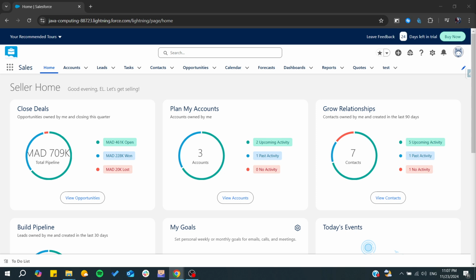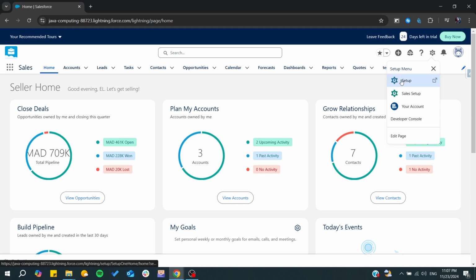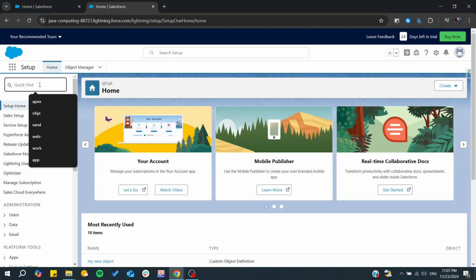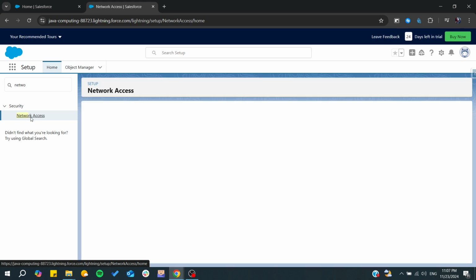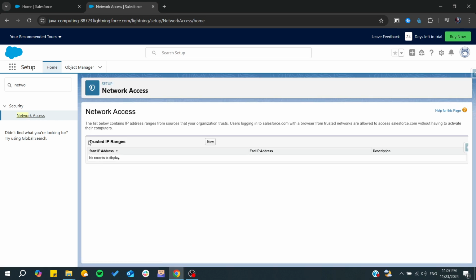First, you will need to go to the Setup page. To do so, click on this lightning bolt icon, then click on Setup. After that, in the Quick Find, we need just to type access or network access. Here in the security panel, we click on Network Access, and from here we will find the